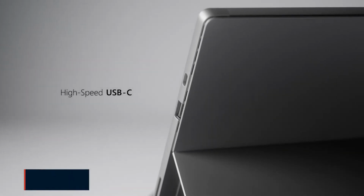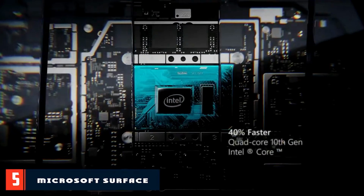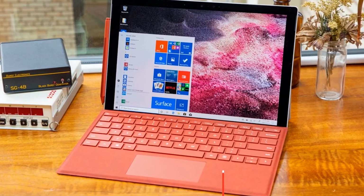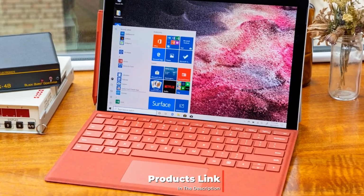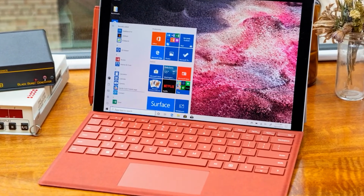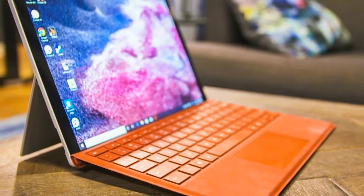The number 5 position is held by Microsoft Surface Pro 7. Microsoft Surface brand has been known for its innovation, so it's a shame to say that the Surface Pro 7 is nothing more than an incremental upgrade on the previous model. Fortunately though, it's still a great tablet in its own right, even if it isn't the groundbreaking step forward that